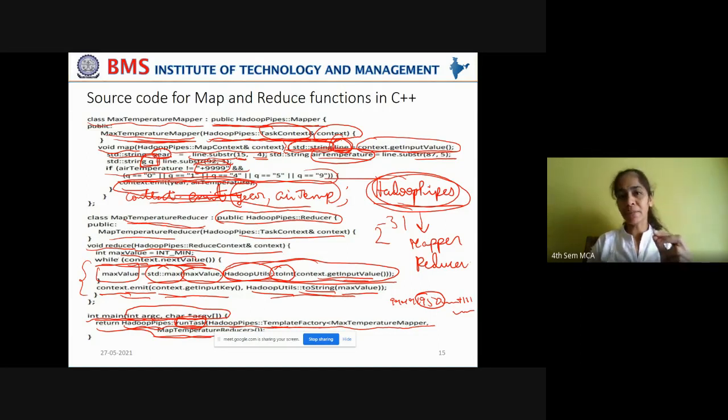This template factory, understand this very carefully. This template factory belongs to the Hadoop pipes namespace, and an instance is being created for this template factory. Observe these empty brackets.